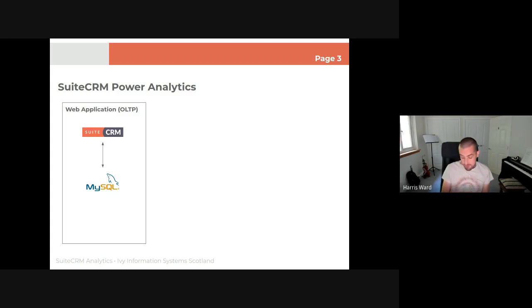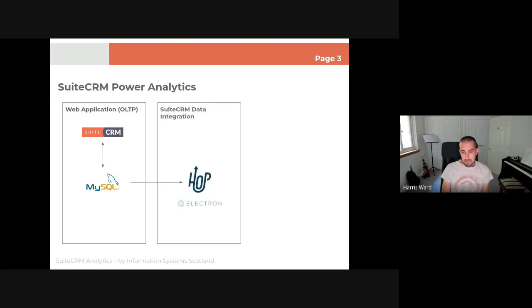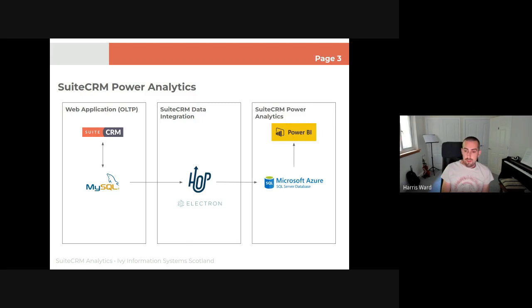So we have our web application, which is CRM and MySQL database. And what we've done is our data integration part, as I mentioned, is a copy of Hop wrapped in kind of like this Electron user interface, which has the dimensional model, the fact tables, the fact ETL, dimensions, things like that. And then we send it to a Microsoft Azure SQL database where users can then download a copy of our template app, Power BI template app, which has the dashboards and reports pre-built, and they can connect to that